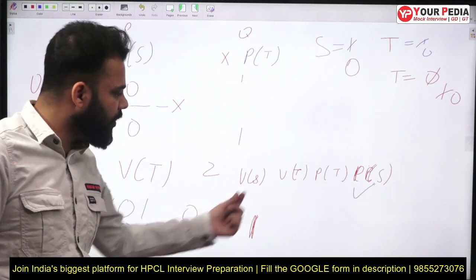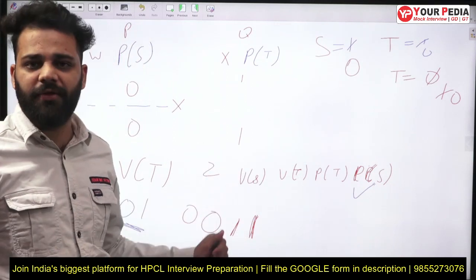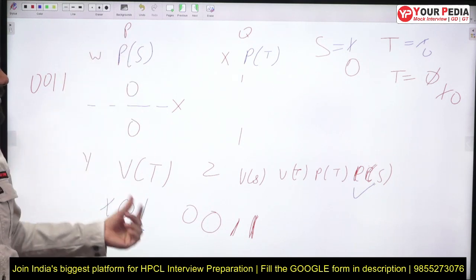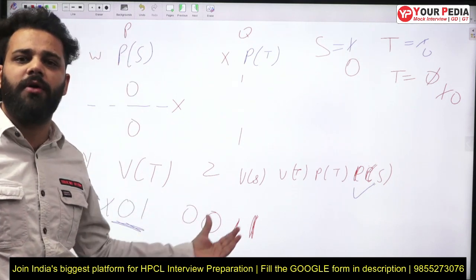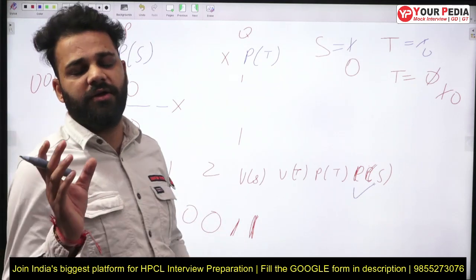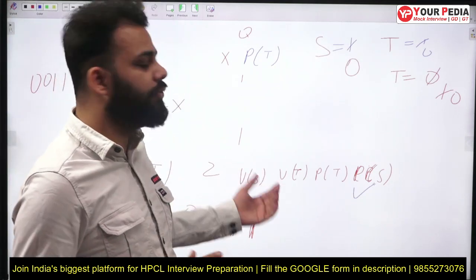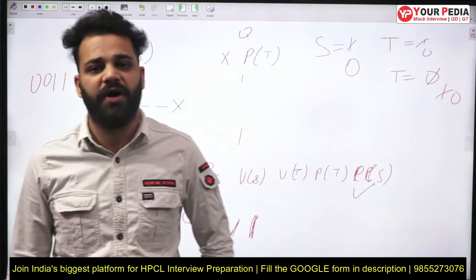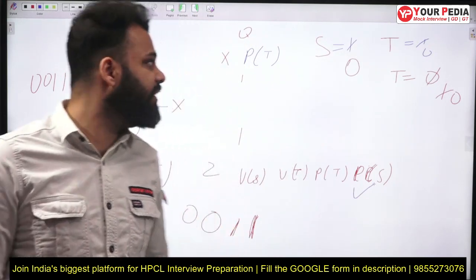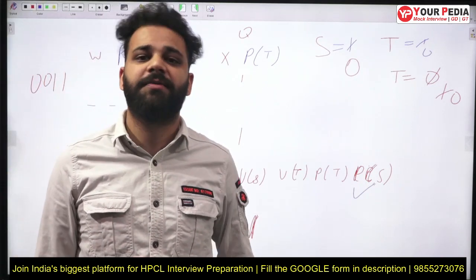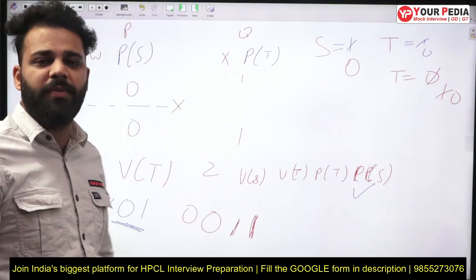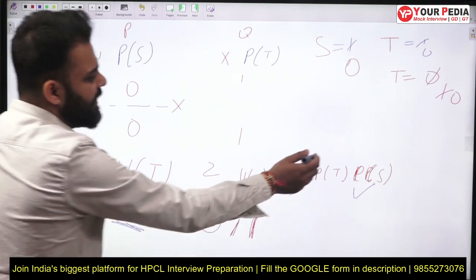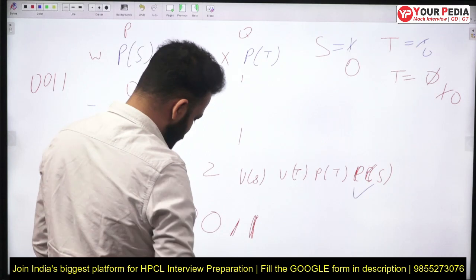So it will not move forward from this part because it has been suspended, and this is already suspended because again P of S, it will again be suspended. So the output will be 0 0 comma 1 1, and the code will stop there because there is no up operation to change the value from 0 to 1. You need some up operations if some of the operations are in the suspended list. As there is no up operation, it will be a deadlock and it will stop after 0 0 1 1. So P of S is not a good choice.